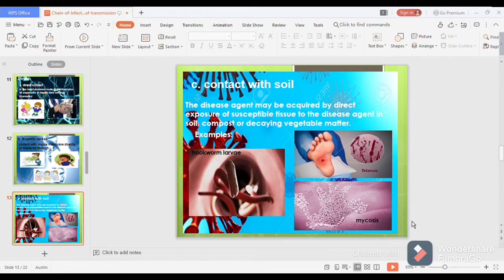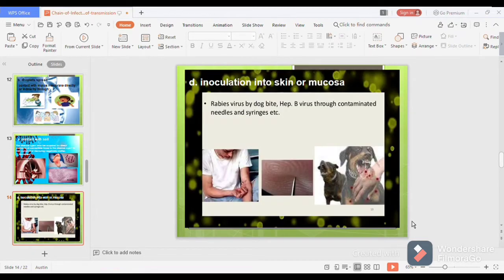And last is the hookworm larvae. So from the soil din siya, which is madali lang siyang makapasok sa iyong skin, and through spreading the direct contact. And the next is the inoculation into skin or mucosa, such as rabies virus by dog bite, hepatitis